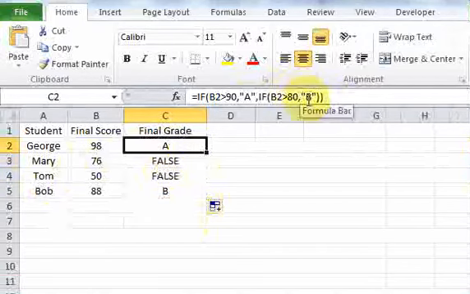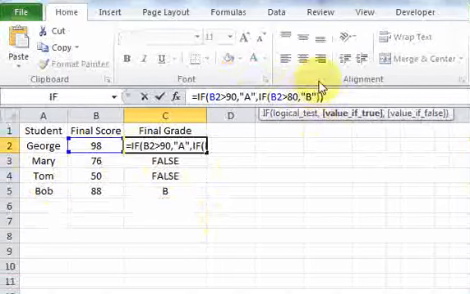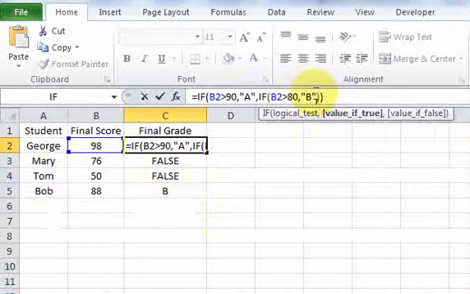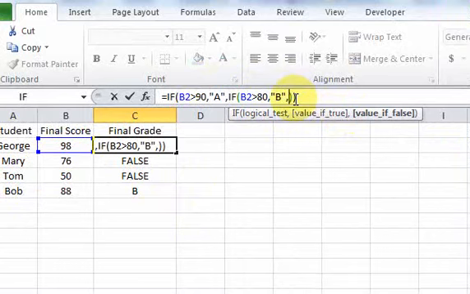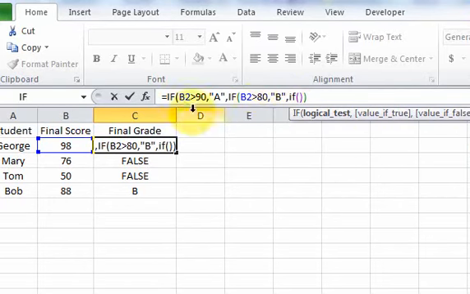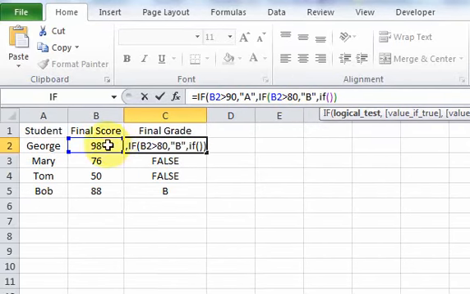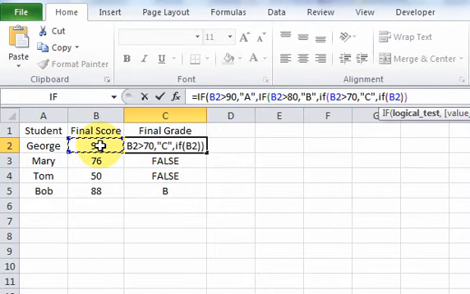So I can further do another if statement here. I have to be careful though, because I want to do another if statement right here in this value if false. So I'm nesting now another if function within this if function. So I'll do if B2 is greater than 70, then I want to assign the value C. And if that's false, I'll do another one. I'll do if B2 is greater than 60,